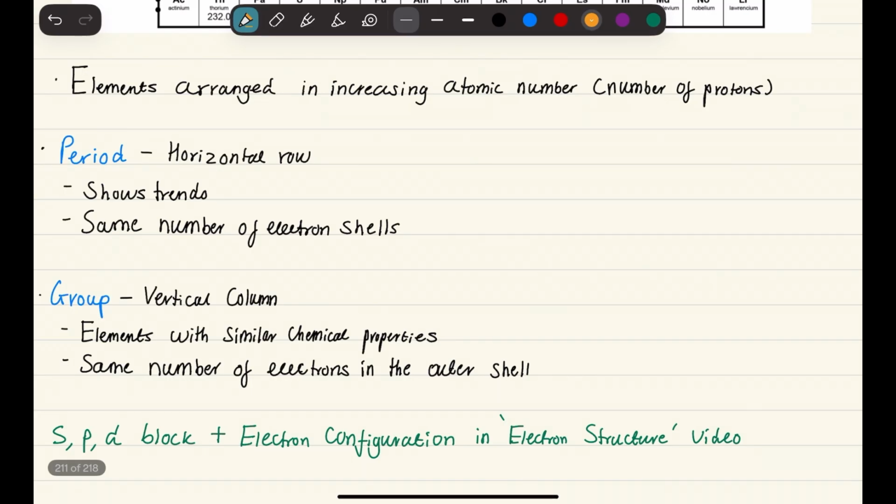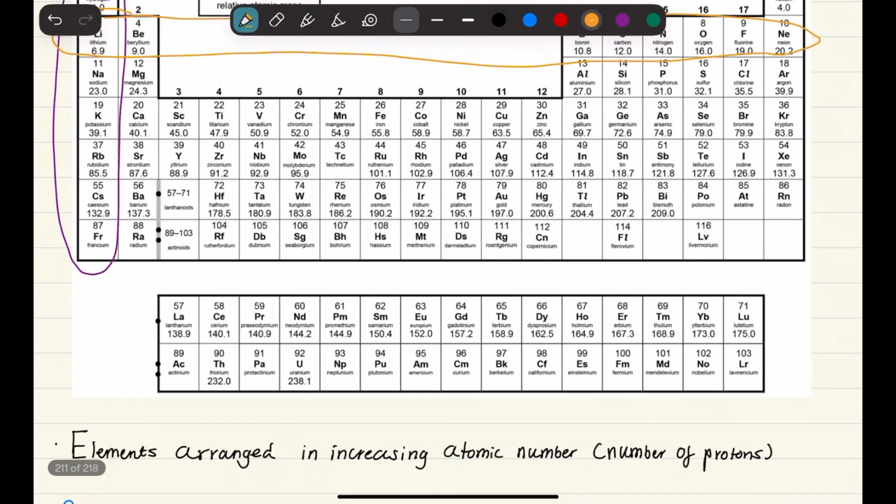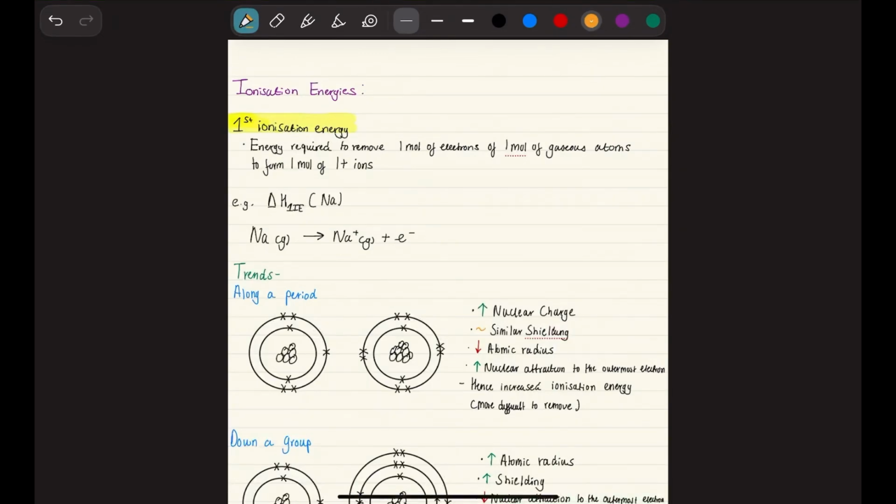We did another video on electron structure, at the start of the video. It goes through the s, p, d blocks and how to do an electron configuration, which is all very important as well. I felt that was good to mention, but what we really want to talk about